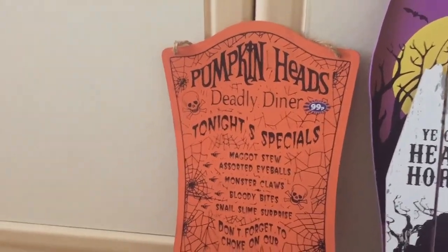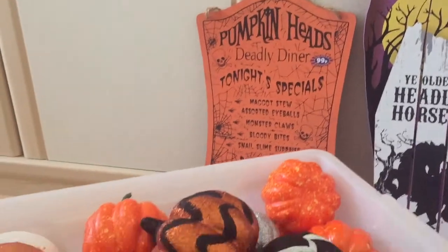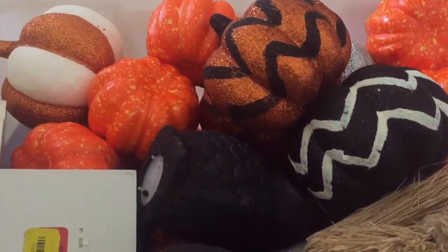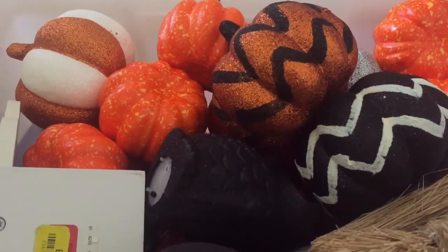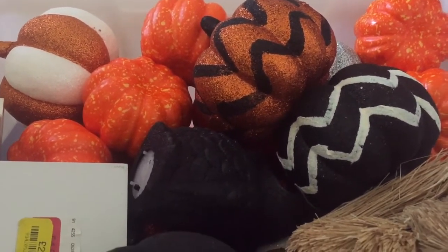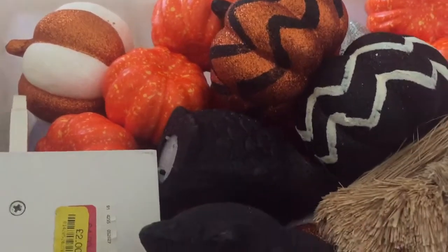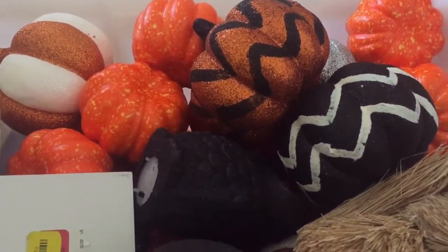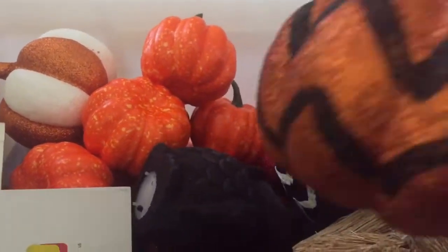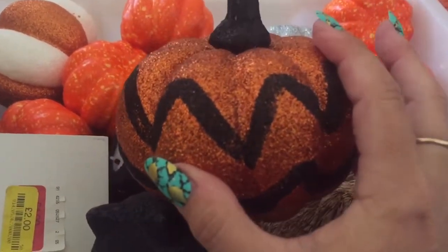Now, this is one of the boxes. This one usually comes out about now, and a lot of it comes out and then it dwindles into Halloween. So, if you can bear with me, I'll go through a lot of the bits and pieces. I'm not sure, I believe these were £1 each,